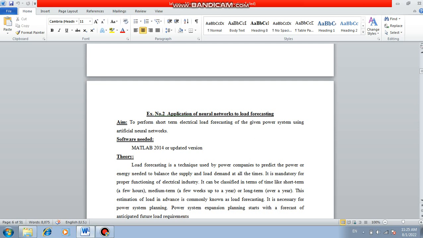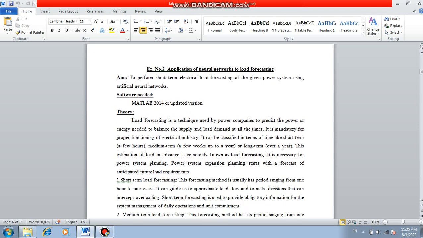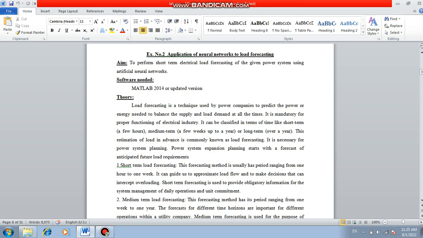Here we need to study supervised learning and unsupervised learning, and there are many artificial neural networks. Okay, so here we can see one by one what we are doing. First, the software needed: we need not below MATLAB 2014, so we need at least the 2014 version or an updated version